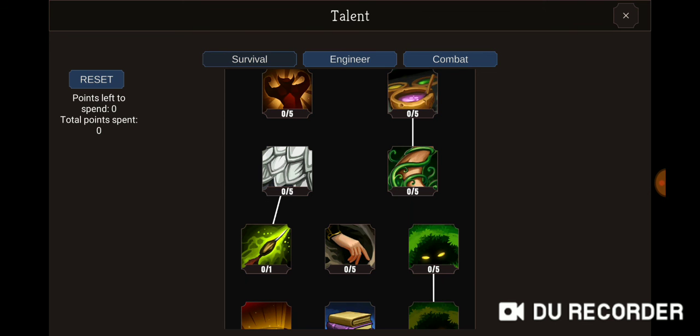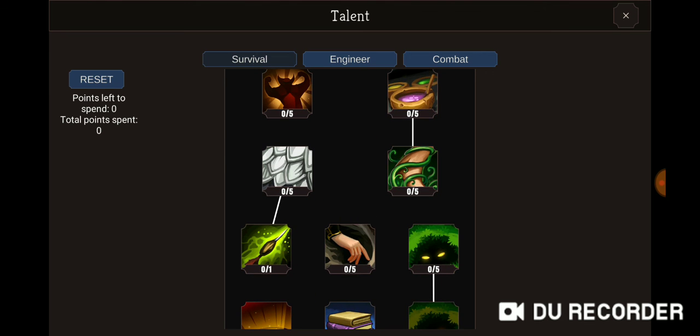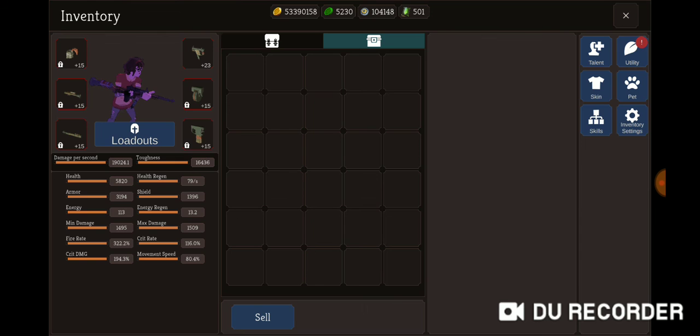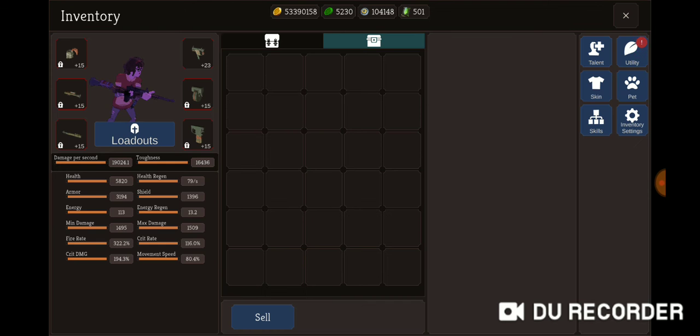No, my talent tree. No survival. Who cares about survival? There's literally nothing in here except for this, which is useful. However, in autoplay, this has no point. I theorized, and this is just me theorizing, if you have 0 shield, which means you'd probably have to also get rid of this, it might still cast Hidden Reserve,